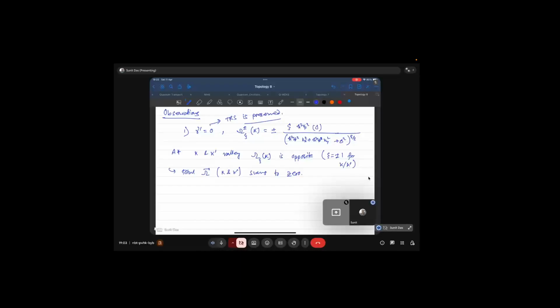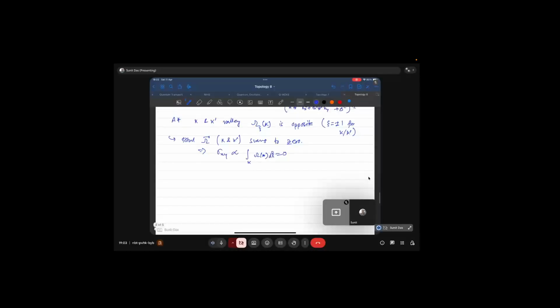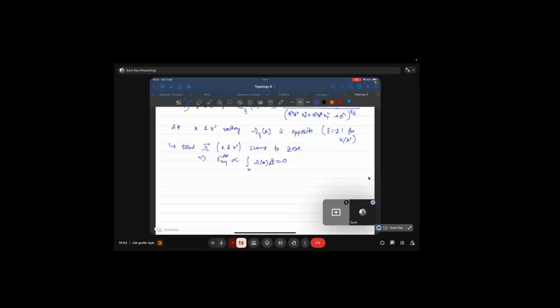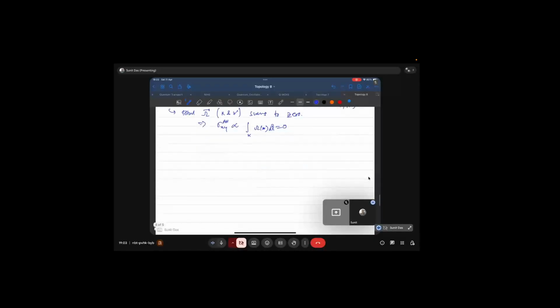Then the total Berry curvature is 0, and this implies that omega xy or yx, which is proportional to the integration over the Berry curvature, is also 0, right? So the anomalous Hall effect is 0 for a time reversal symmetric system, that we have already seen in the last class as well. Now the observation 2 is that when gamma prime is not equal to 0, then omega at xi